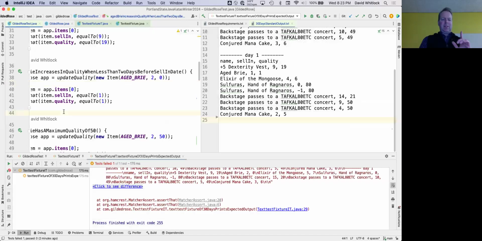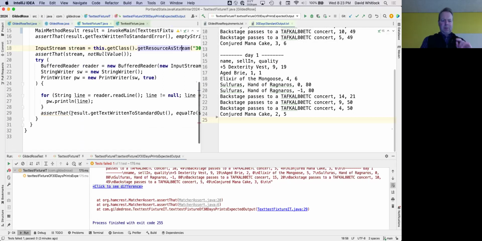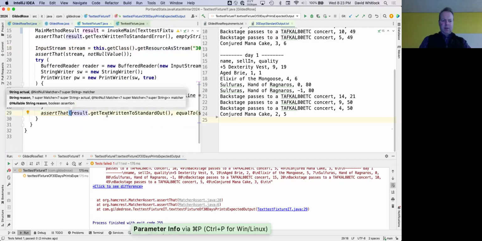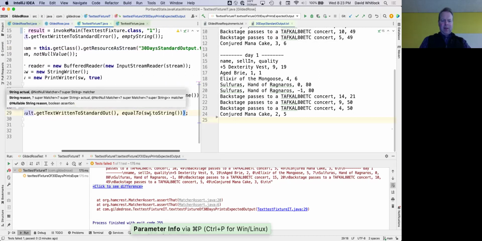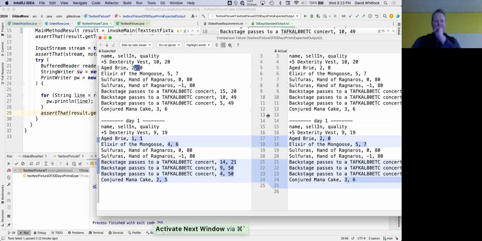Wait a second. I think the expected, actual. Yeah, the actual is what's written to standard out, and then the expected. Okay, so I got that right. Huh. Ooh, it skips day 1. Oh, you're right. It doesn't change between day 0 and day 1. Ooh, okay. Very nice. Okay, and how does this compare to